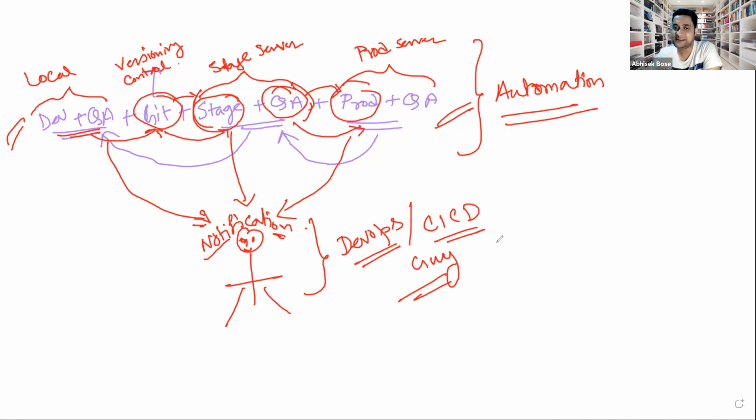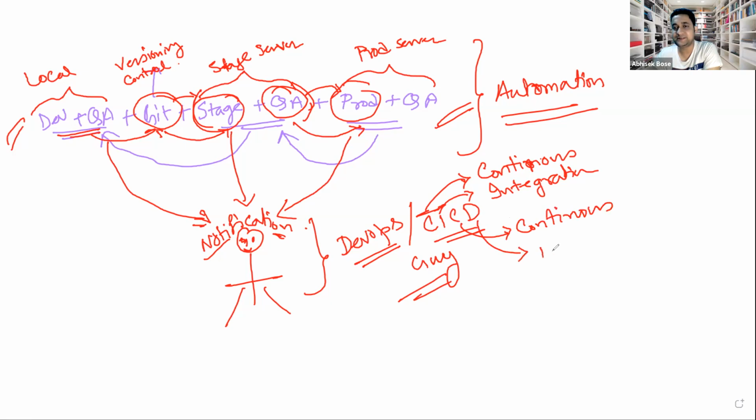So why CI/CD? DevOps full form you already know from the last slide. So CI stands for continuous integration. This C is again continuous, and this D means deployment. This is continuous integration, that is CI. It is continuous deployment, that is CD. Now, can you tell me what is continuous integration and continuous deployment in this flow?